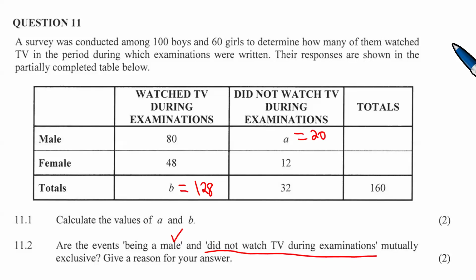Yes, Tando, what do you think? For events to be mutually exclusive, the probability of A and B should be equal to 0. Thanks a lot, Tando. So which means that the probability of male